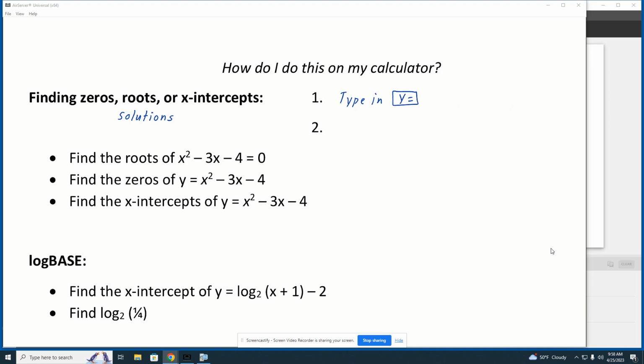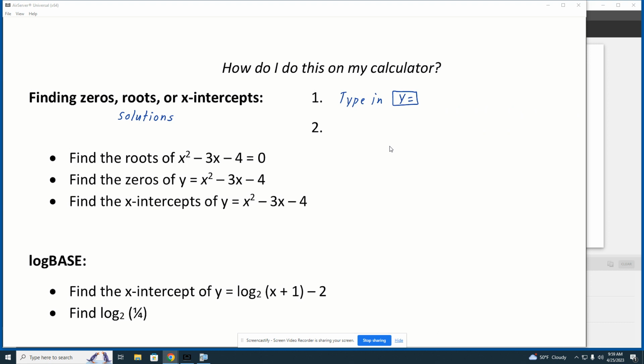Whether it says find the roots, or find the zeros, or find the x-intercepts, we do them all the same way. We're going to go to y equals, and then we're going to either look at the table, look at the graph,